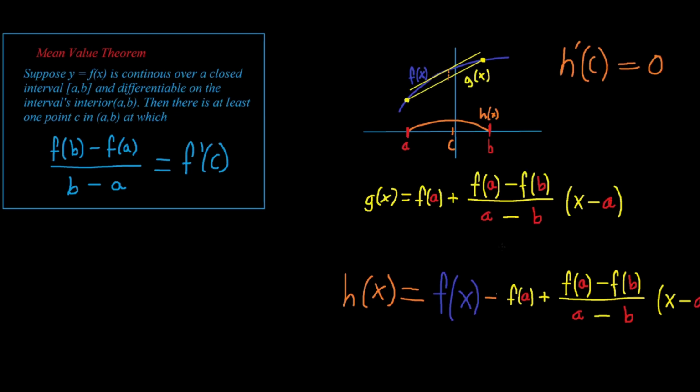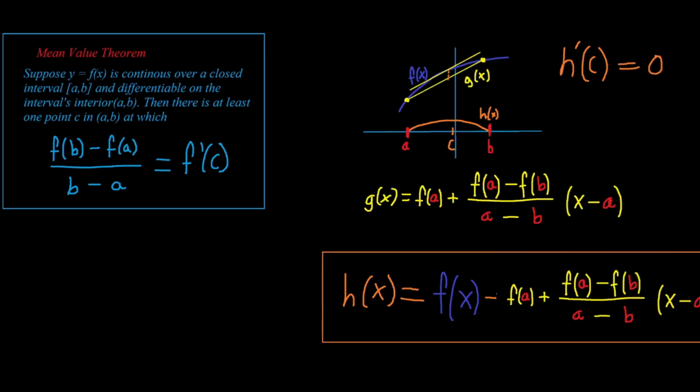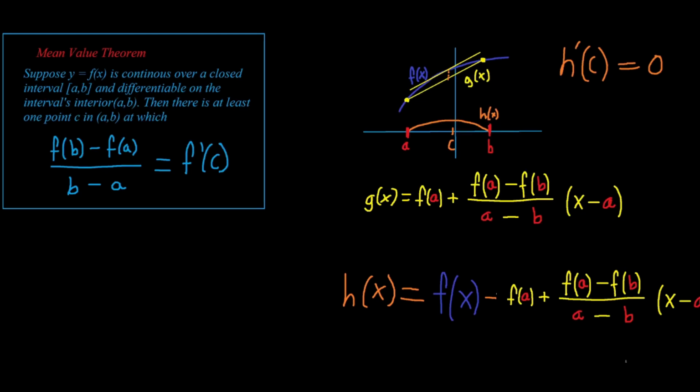Now what I'm going to do is take the derivative of this entire function I made down here. Since I'm running out of room, I'm going to write that over here on the left side. And so what that's going to be is h prime of x is equal to f prime of x minus